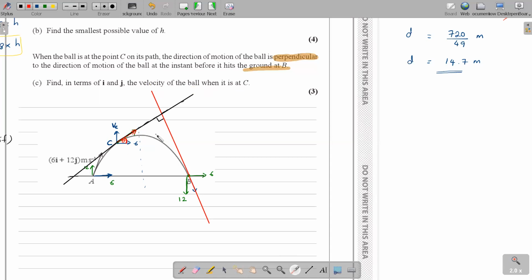Since I drew this line longer, I hope you can see that we have corresponding angles here. This theta comes over here by corresponding angles, if the lines are parallel. So these two angles are equal. That's the theta over here. This is a 90. Consider the big triangle. Here it's a 90, here it's a theta, so the other angle will be 90 minus theta, isn't it? By the geometry, when you consider the angles of a triangle, this is 90 minus theta.